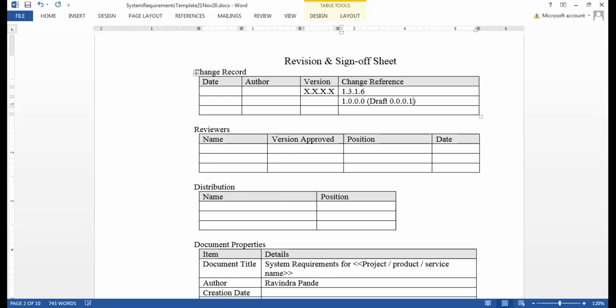Draft is normally created by the business analyst by himself, and the business analyst authors this. So draft is what you'll share within the Infosys team. This is what we will share with the client. Does that make any sense, ma'am?